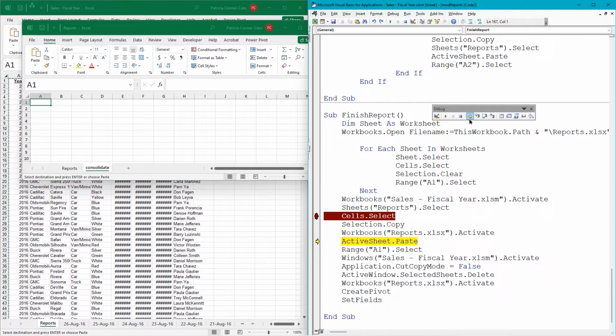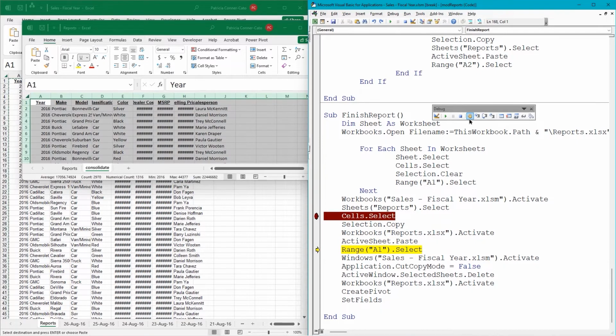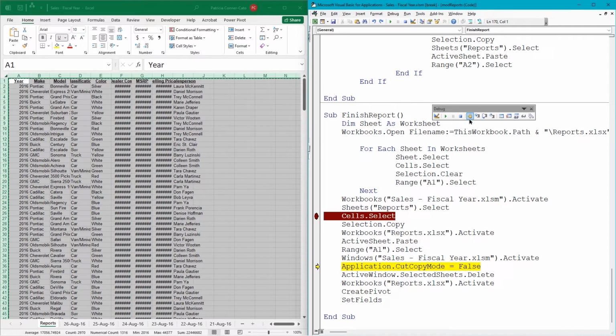So now you're seeing the reports workbook. And it's telling it to paste. So we're going to F8 again. And it did the paste and it selected A1. And then we're going to F8 again. And it's activating the sales fiscal year 1. F8, and now you see sales fiscal year again. And now it's on the application cut copy mode equals false statement. So if you F8 here,